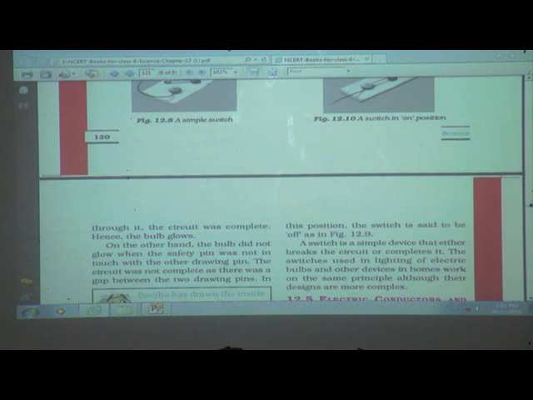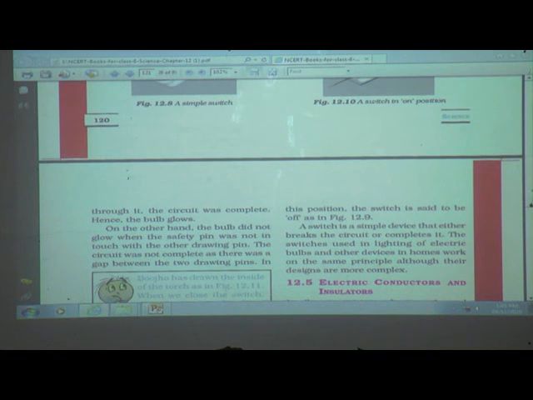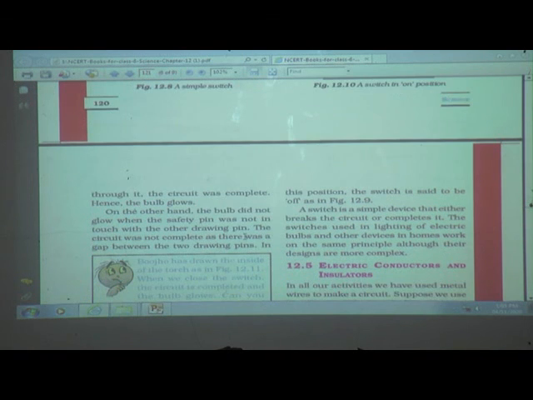Okay. Now the circuit was complete, hence the bulb glows. On the other hand, the bulb did not glow when the safety pin was not in touch with the other drawing pin. The circuit was not complete as there was a gap between the two drawing pins. So when we remove the safety pin, that time there was a gap between two drawing pins.